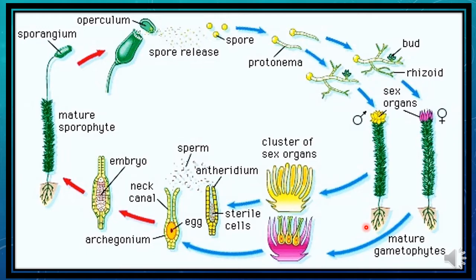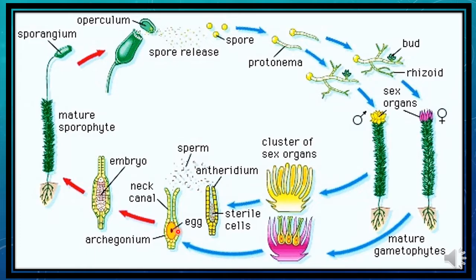So coming to sexual reproduction, it is a mature gametophyte. The mature gametophyte is a haploid gametophyte which consists of the sex organs, the male antheridiophore and the female archegoniophore. And these produce the antheridium and the archegonium, which consist of the sperm and egg. So the antheridium produces the antherozoid, which is a sperm, and the archegonium produces the egg. So it is a female gamete and a male gamete, and the sperm and the egg fuse together to form the zygote, which is diploid in nature, and fertilization takes place in the archegonia.